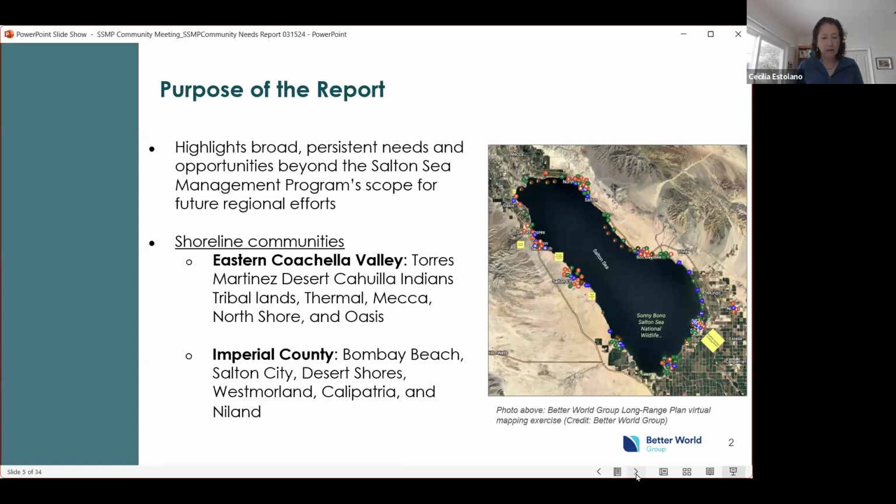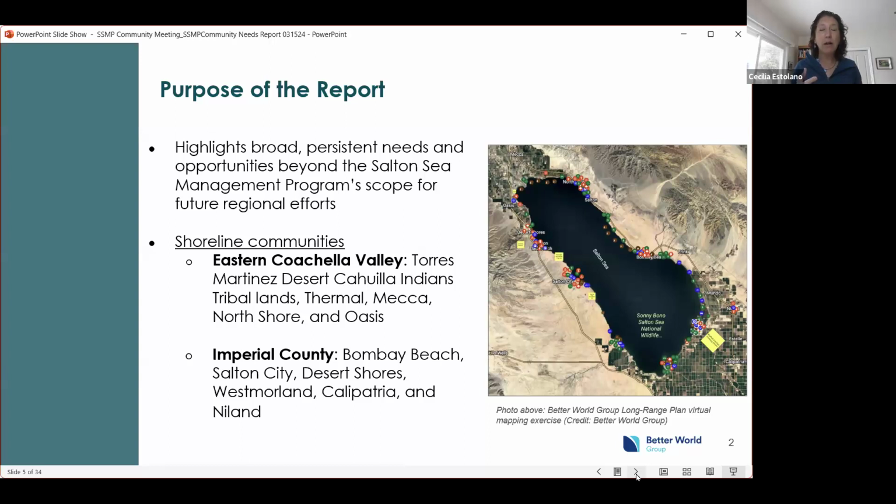The needs and the recommendations in this document do not necessarily only pertain to what the California Natural Resources Agency or the Salton Sea Management Plan can accomplish, as Deputy Secretary Arthur mentioned. The purpose of this report is to look across all the variety of engagement that's been done over a number of processes and over a number of years, and condense that into a fairly comprehensive and well-organized assessment of the needs of the community.